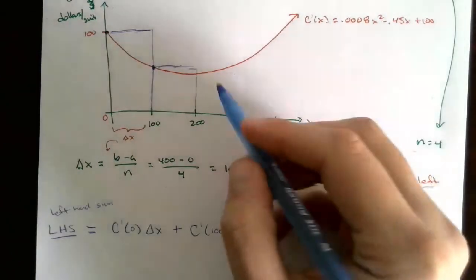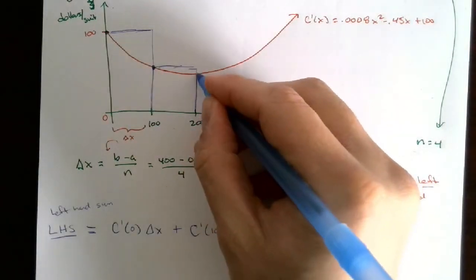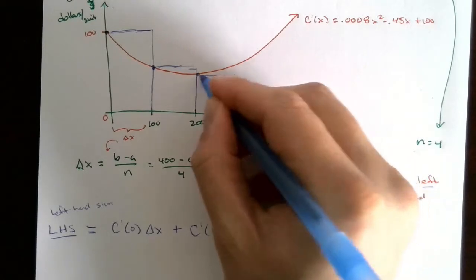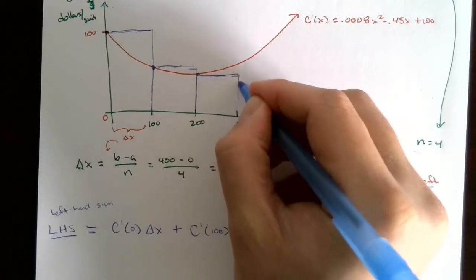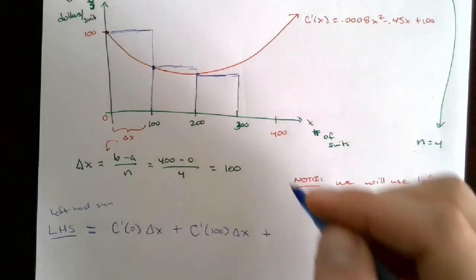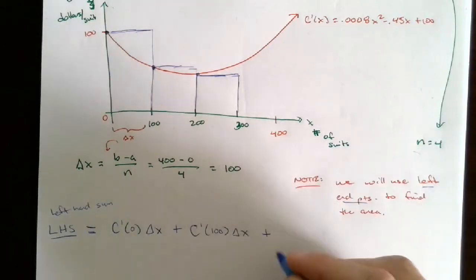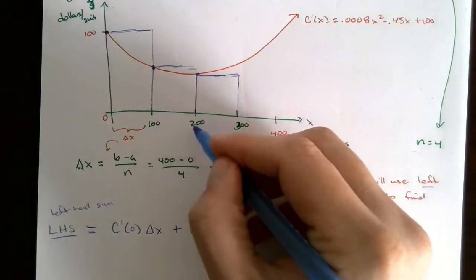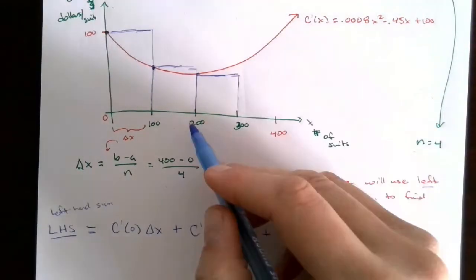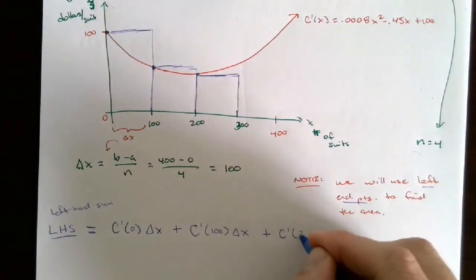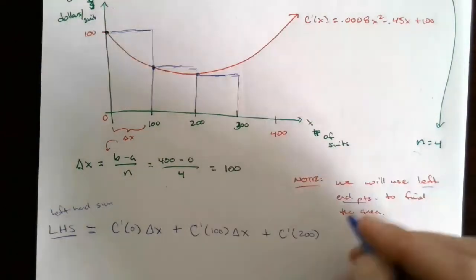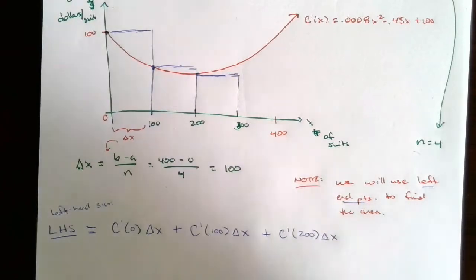Plus the next rectangle. Okay, this is the left endpoint. So we go up to our function, then we go over to the right, and then come back down. Well, what's the height of this rectangle? It's the y value of c prime of 200. So it's c prime of 200 times the width of this rectangle, which is delta x,